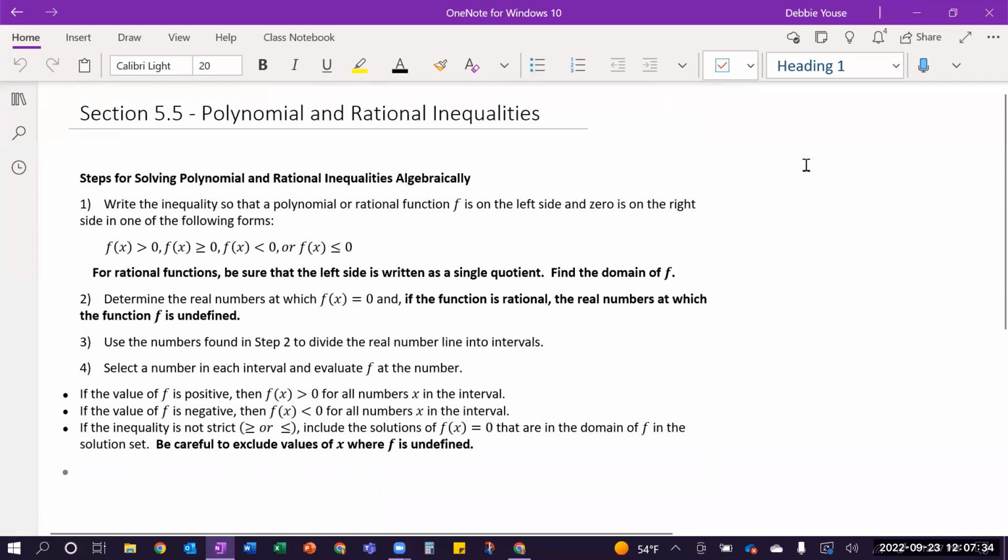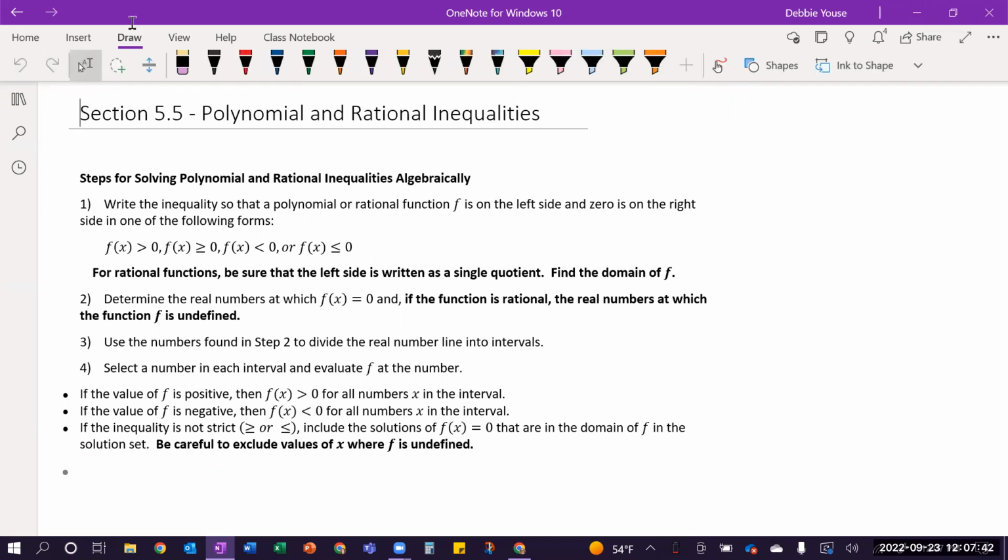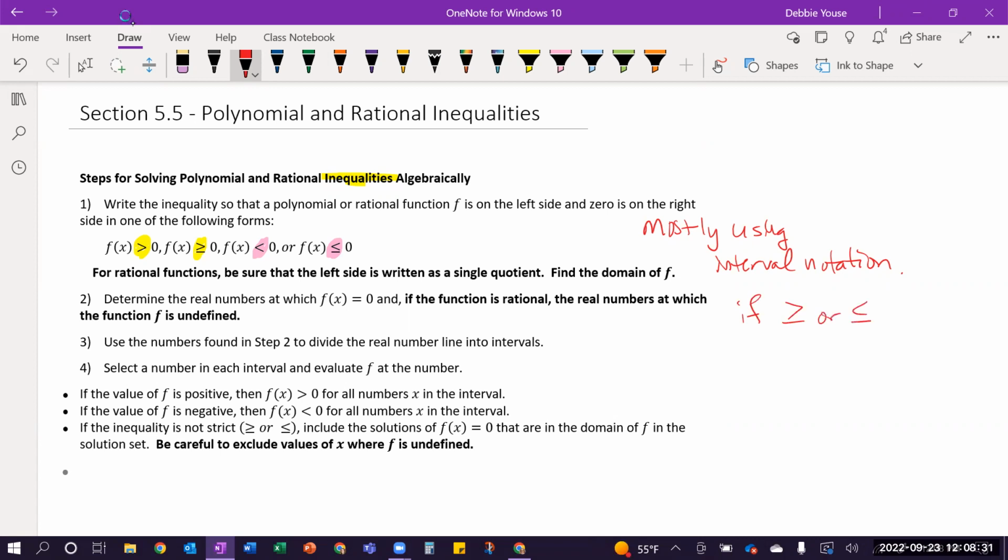So if I focus on section 5.5 first, when we have inequalities, we are talking specifically about having either a greater than, greater than or equal to, less than, or less than or equal to. And so by including or excluding the equal to, we are allowing to change basically some endpoints of our intervals that we're including. And we are going to focus mostly on using interval notation. So anything that's going to end up having the equal to part for it, so if greater than or equal to, or less than or equal to,